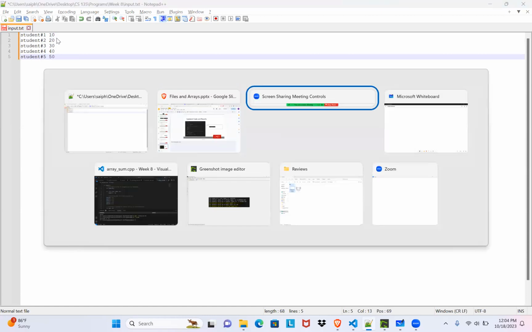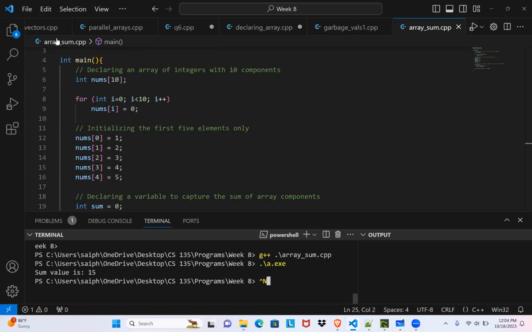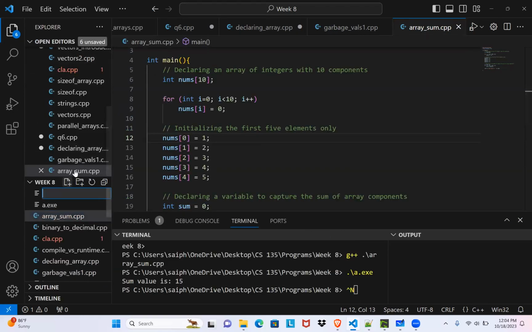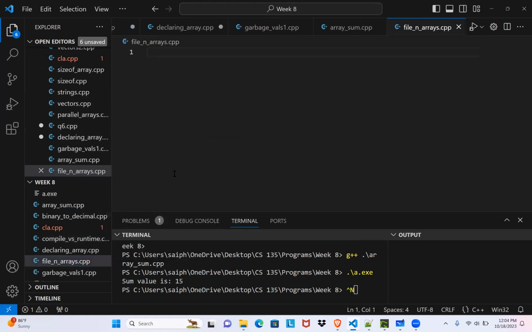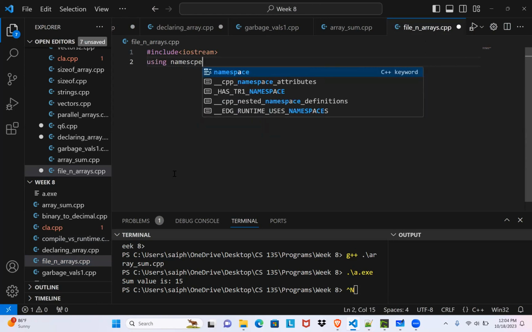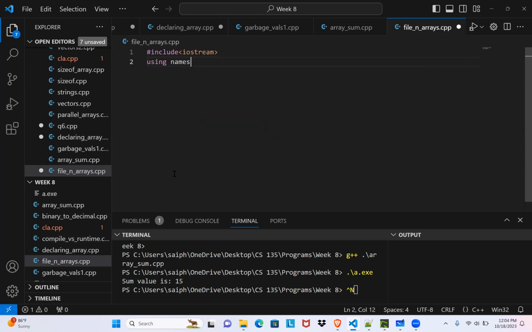Now, in some of our lab or homework assignments, we are explicitly asked to create an array of a particular size.